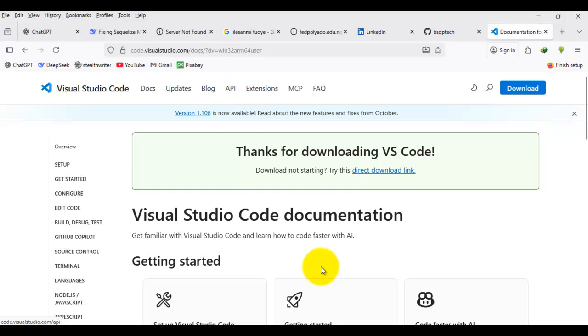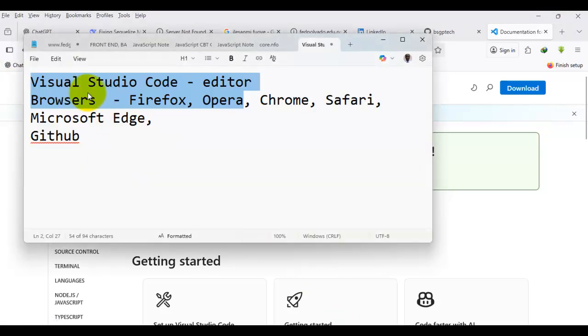So that is just it about the things we need to do. These three things are very important. Install VS Code, have browsers, then make sure you have a GitHub account. So those are the three things I would like you to do before we proceed with our